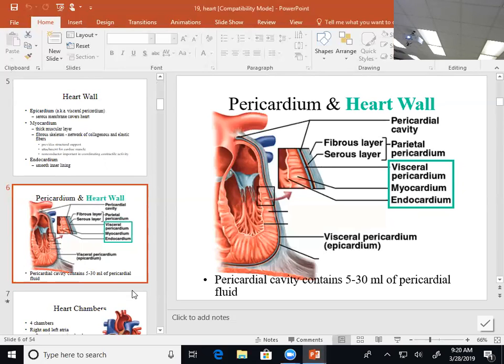And what it means is that sac that the heart is sitting in is inflamed, and more fluid will be there than should be there. Now, there's supposed to be some fluid there. In this sac that the heart is sitting in, there's going to be a fluid interface in here with the heart. Now, why do you think